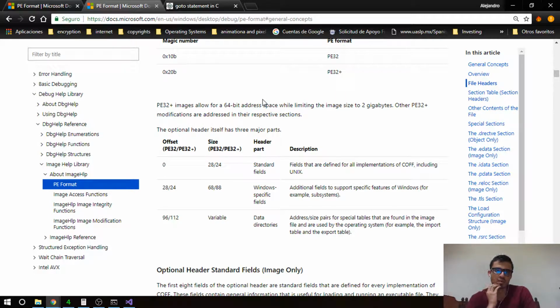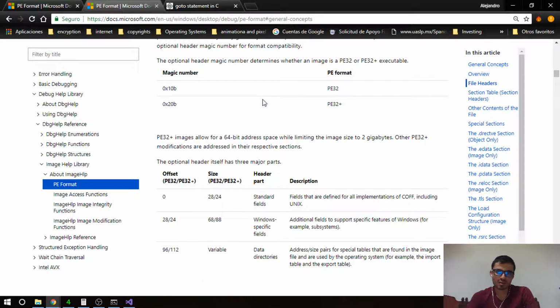So PE32 Plus allows for a 64-bit address space while limiting the image size to 2 gigs. That means that when loading it, probably